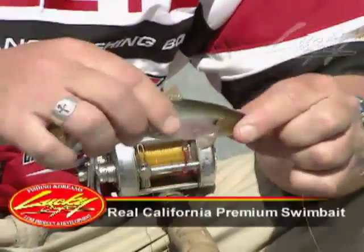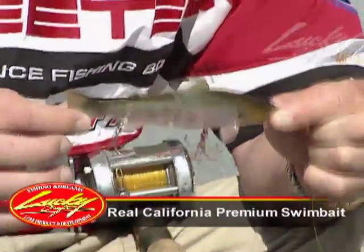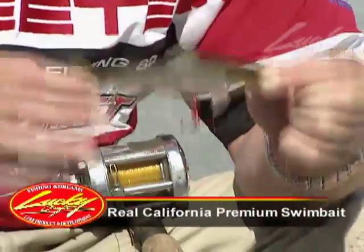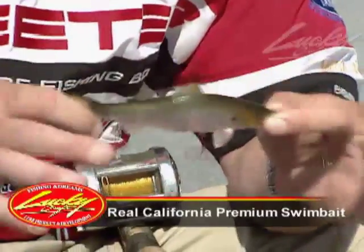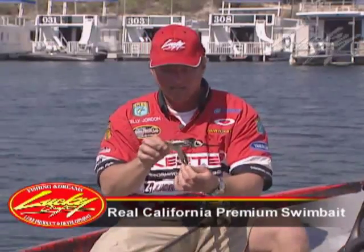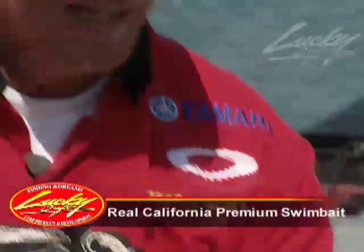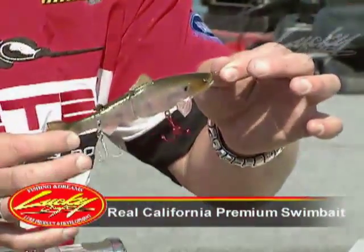What we have in this new Real California Premium, it's kind of a small bait. It's not as big as some of them, but it's not tiny. It's about 5.5, 6 inches long. It's got 3 joints in it, and that helps it swim in that totally lifelike swimming action. It's not a crazy wobble. It's a very natural, almost a subtle swimming action that really triggers the big bite from those big fish because